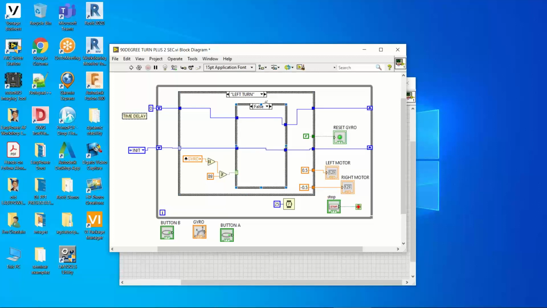And so to do that, I have to create a parameter that's called my time delay, and it's based upon the current tick counting. This is a more precise time measurement based upon milliseconds. And so I'm going to create a future time limit of 2,000 milliseconds in the future and put it into this particular shift register. So now when I go to 2-second delay, which is the next state that we've indicated,